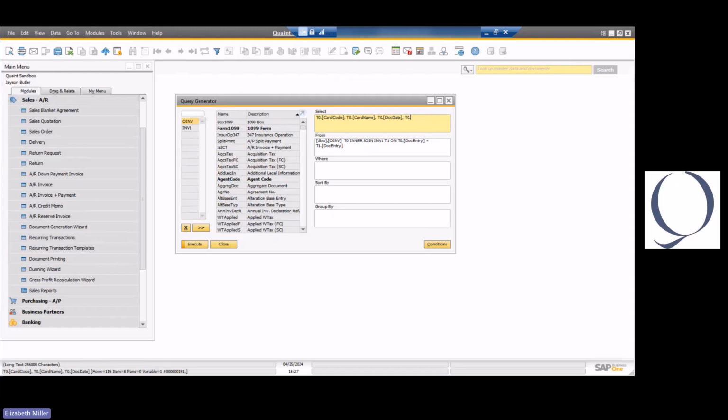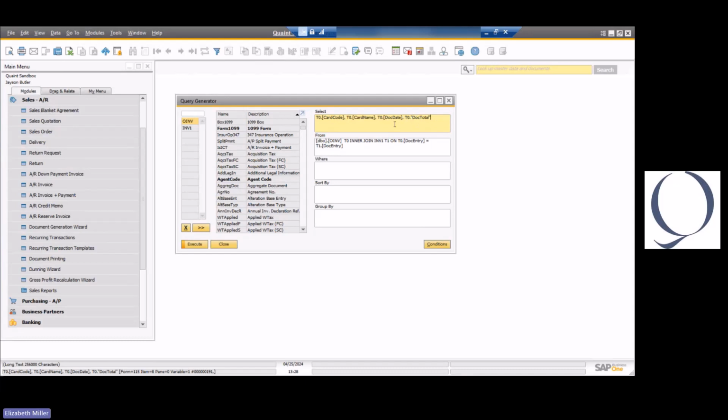So if you are in HANA, you must capitalize the right letters in your syntax or you will get an error. Okay, also, you're not seeing me do it in SQL because it doesn't matter in SQL, but in HANA, you have to do double quotes around everything. In SQL, you do not. So just know that you can, like I said, if you know the field name, you can type it in